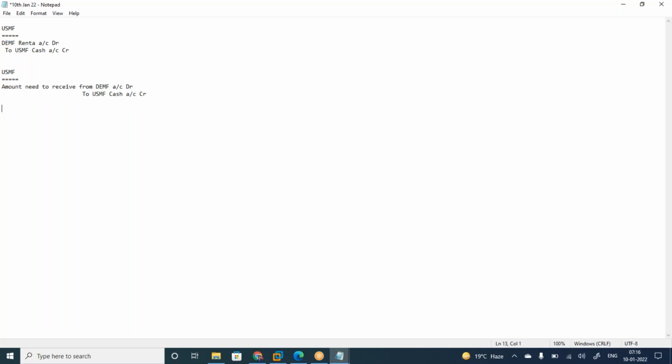One more transaction posted in DMF company: rent amount paid, account data to amount need to pay to USMF company. These are the two transactions posted.